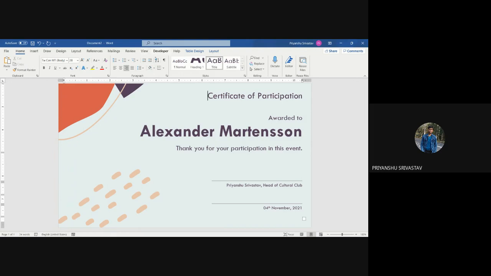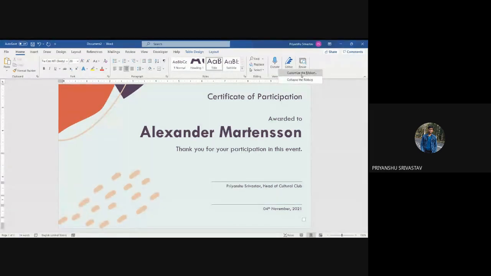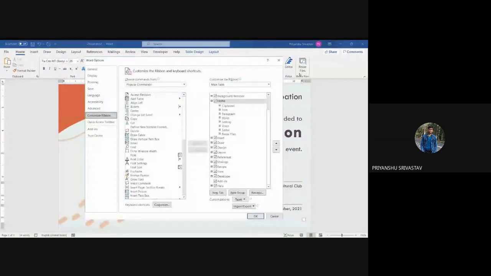Here, this is a developer tab. And in case you do not have developer tab in your ribbon, you can click on any of blank area inside the ribbon. For example, you can right click on here. And here on the two options, you can click customize your ribbon. So here it displays the customize the ribbon dialog box where you have to search for developer tab and click on it to add that.